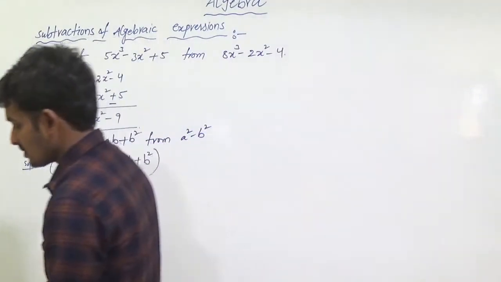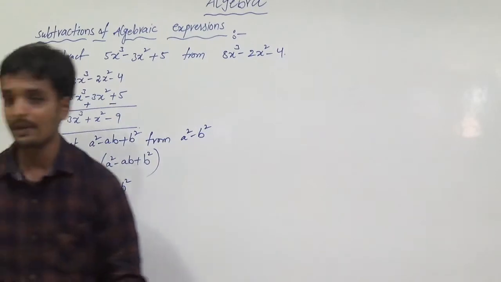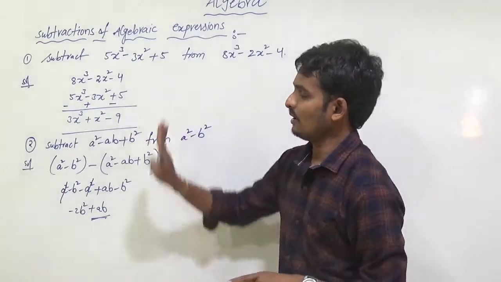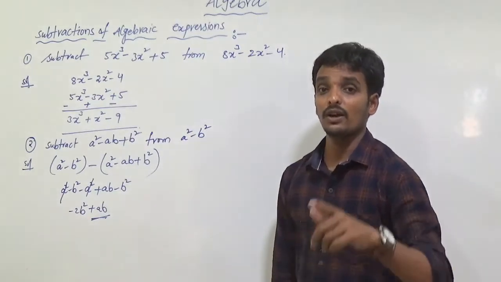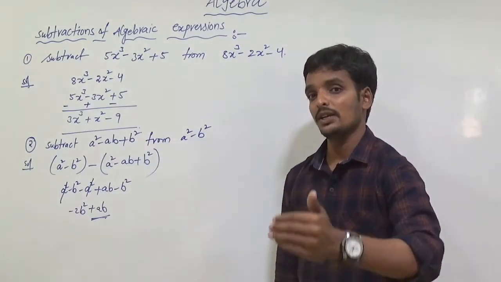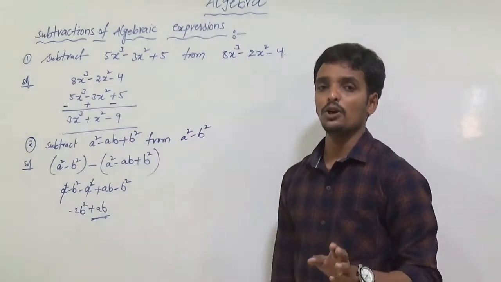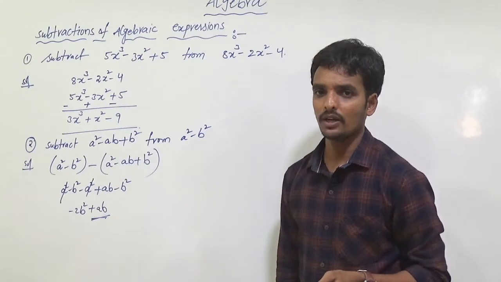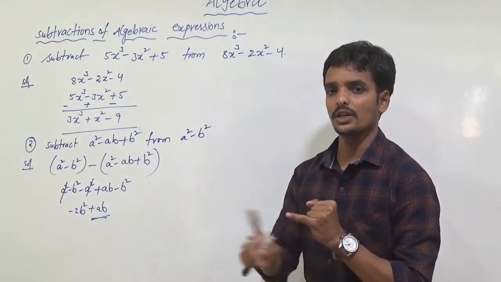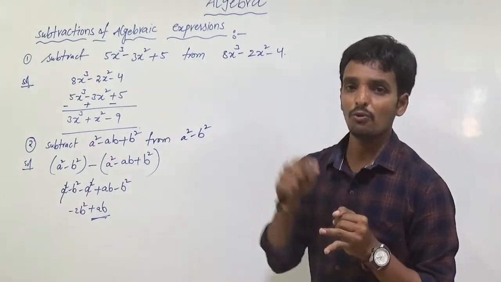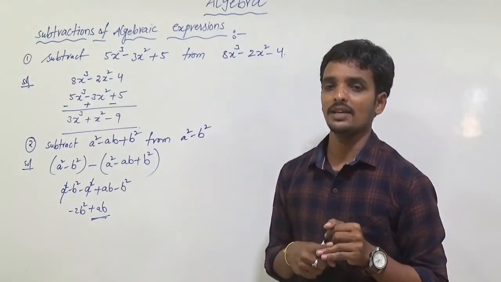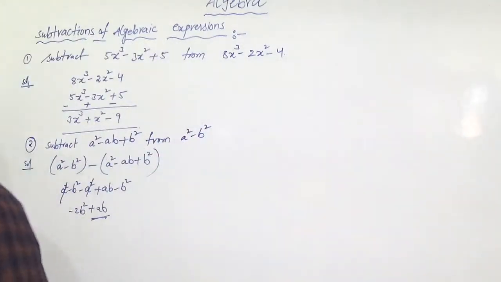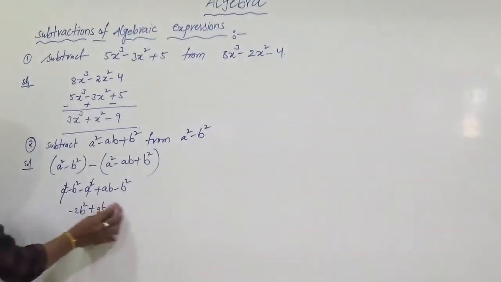When we are writing the notes, I am explaining two problems. One is for column method, one is for row method. When you are writing the notes, write two more examples. One is for column method, one is for row method. You have to take the problems in your own way, own thinking. Okay, write the notes for the two. So additions are completed, subtractions are completed. Now move on to the multiplications. Multiplications is the most important for algebraic expressions. I am explaining multiplications. So am I erasing the board?